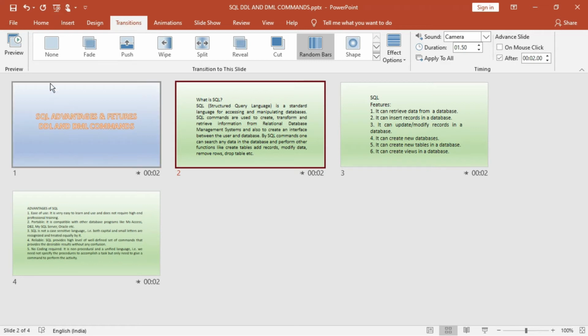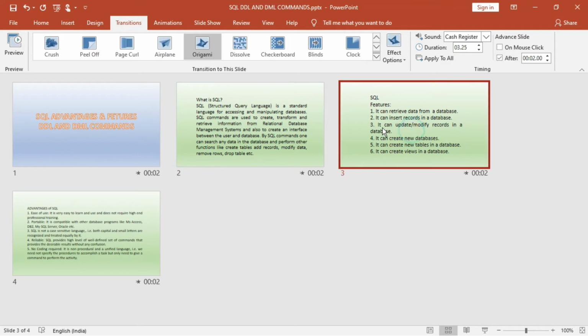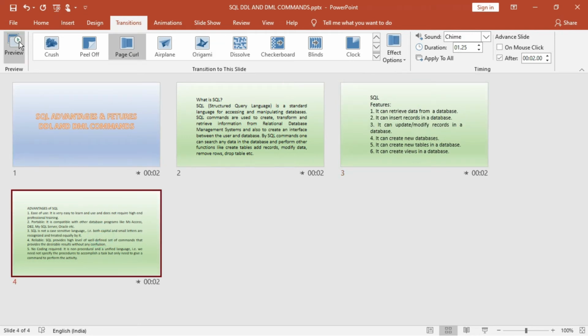All right. So now I'm coming to the preview once more. Yeah, that is the thing. So it is appearing now. Now you see out here I'm doing the preview. So this is the origami effect, a very good effect actually, very interesting one. And this one I'm tapping coming out here. So this is the time has been played. So I'm ready for the slideshow now. So because the transition has already been added.